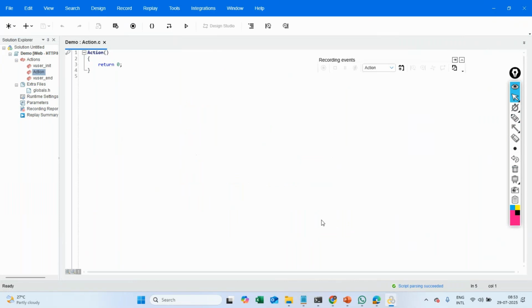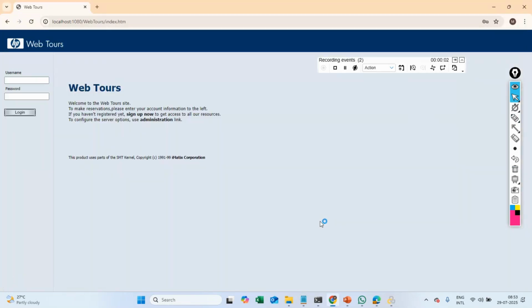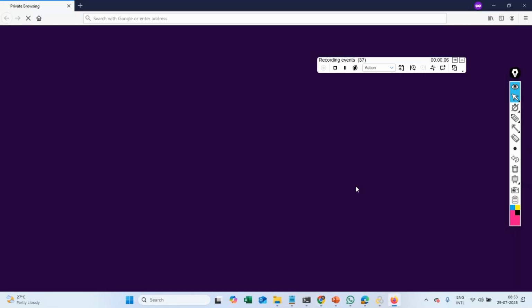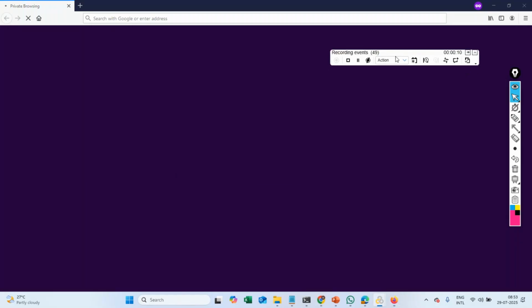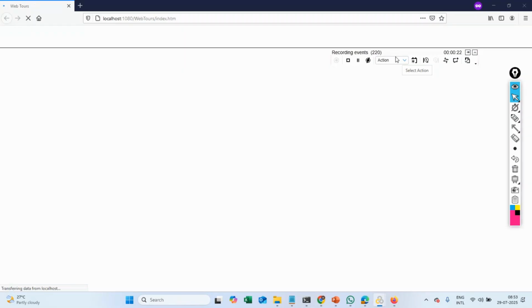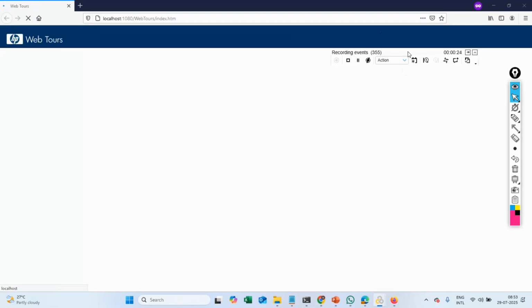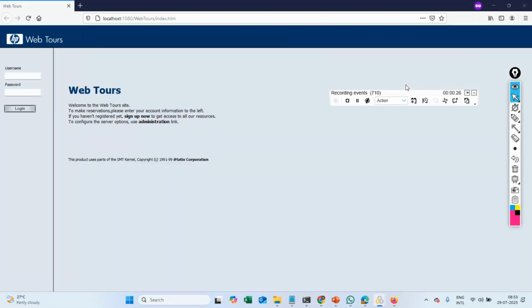So now you see Mozilla Firefox will be launched with the given URL. Just wait, Mozilla Firefox is getting launched. Okay, and the URL will be loaded now. It might take a little time for the first time, but then it will load. Now the Firefox browser is launched with the given URL, and then you see a mobile window here,